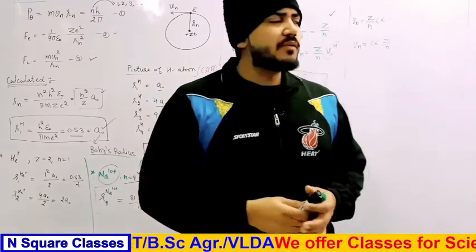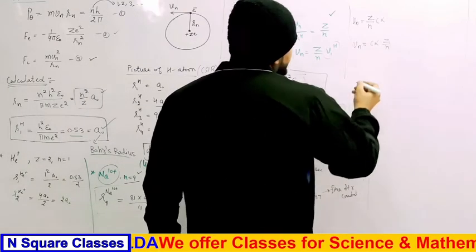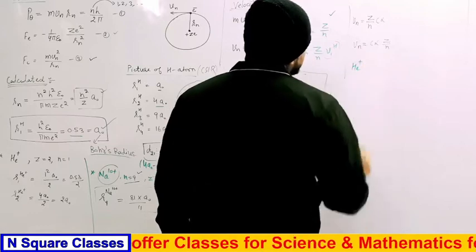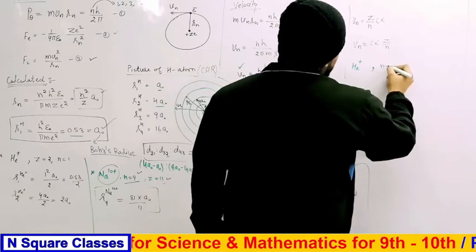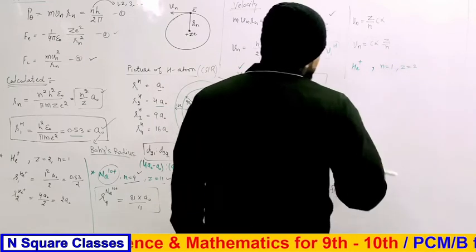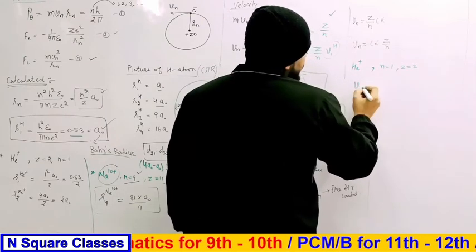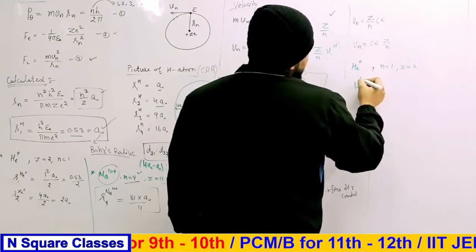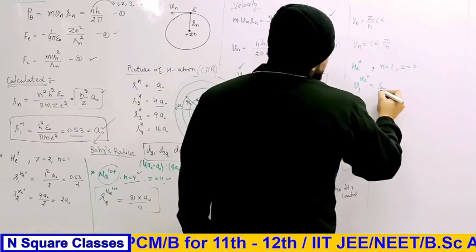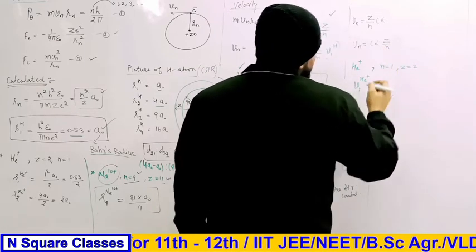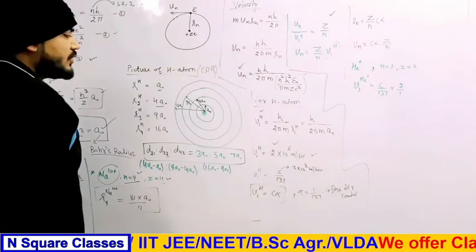Now using this result we can calculate for more atoms. If we want to calculate for the helium positive ion, we take n equals 1 and z equals 2. Now how can we proceed? This Vn is V1, and z is 2, that is He positive. The velocity is c, constant, alpha is constant, multiplied by z which is 2, and n is 1. Now we calculate all these parameters.